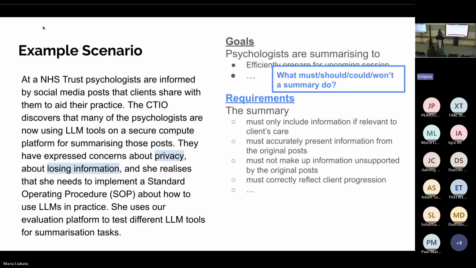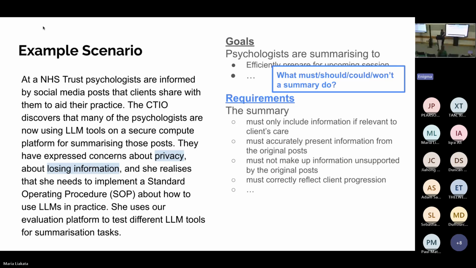So with this goal in mind, what are the requirements that a summary must, should, could, and won't do. And again, with each goal, there could be further requirements that are decomposed or attached to it. So for instance, in this case, we might say that the summary must only include information if it's related to the client's care.